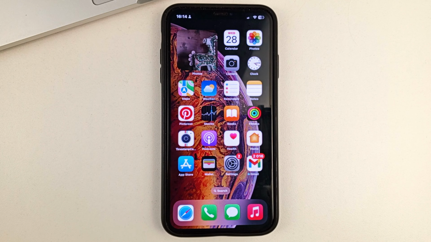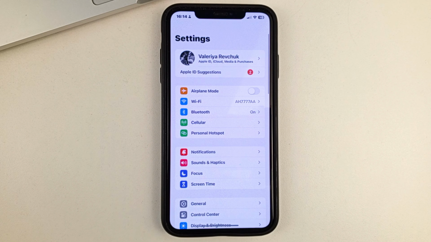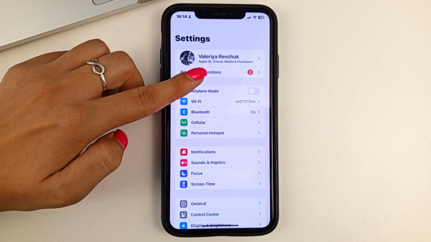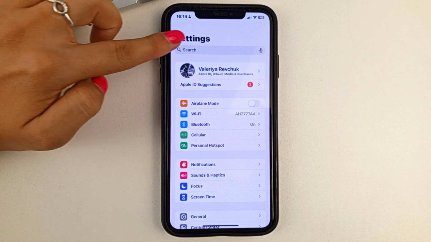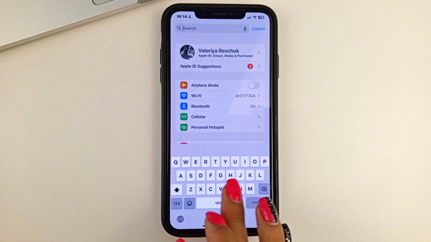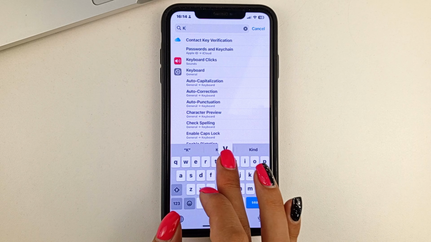So on your iPhone, open Settings. Next, friends, here you can swipe down from the top, go to the search bar and type in the word keyboard here.